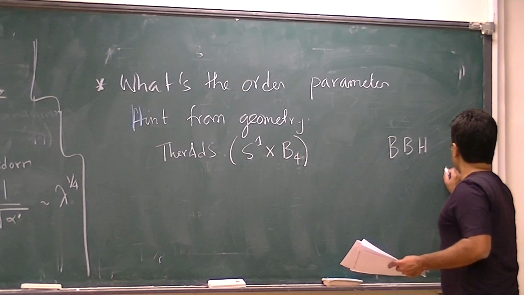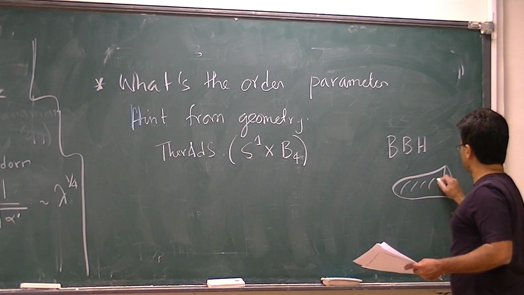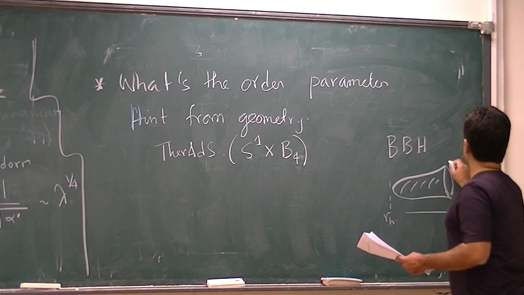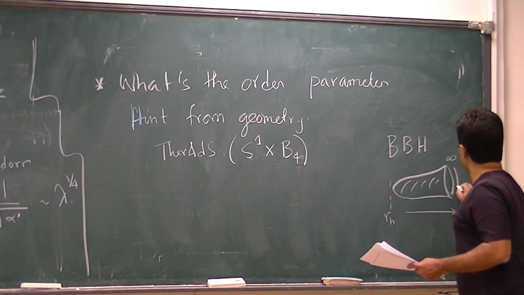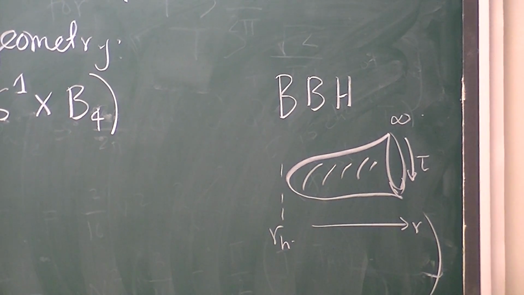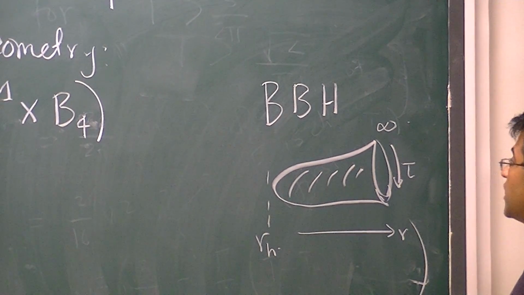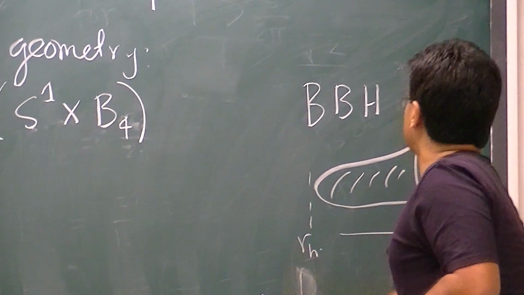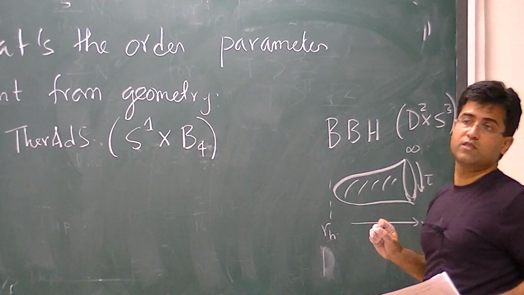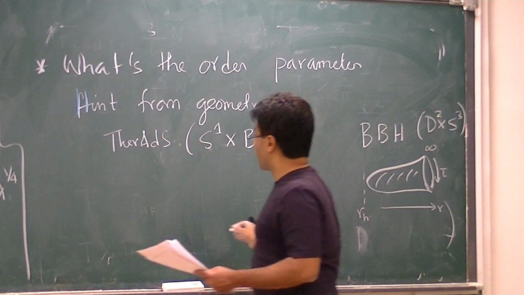Okay, so if we actually plot what's happening to the thermal circle in the big black hole, as we have discussed so many times, this is versus some radial direction, this is the horizon size, that's infinity, and this is tau, the thermal direction. This circle shrinks to 0 size at the horizon. So topologically this is actually a disk. This space is topologically a 2 disk times a 3 sphere. Okay, so at each location of the disk there is a 3 sphere. So if you did